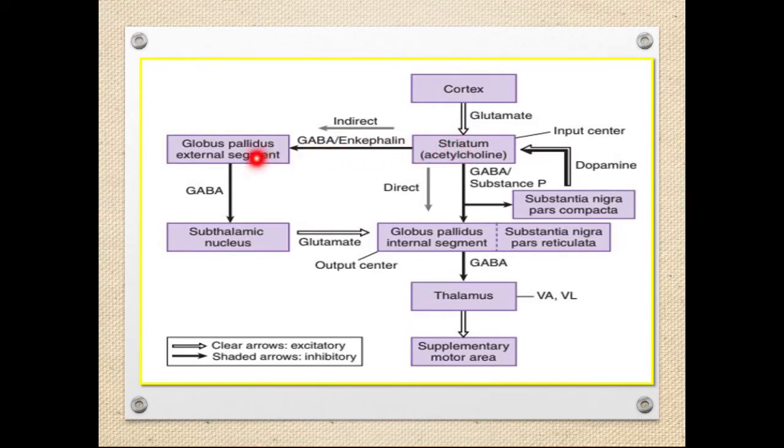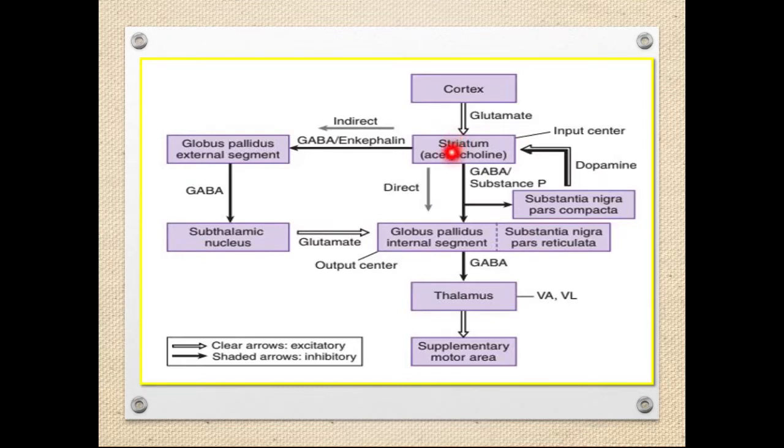From the striatum it goes to globus pallidus externus, and from the globus pallidus externus it goes to subthalamic nucleus, and after going around there, it comes back to globus pallidus internus, and then again the same pathway, the common pathway, from globus pallidus internus it goes to the thalamus, and thalamus to cortex. So it's like you are entering one city, a particular city, and then exiting that city